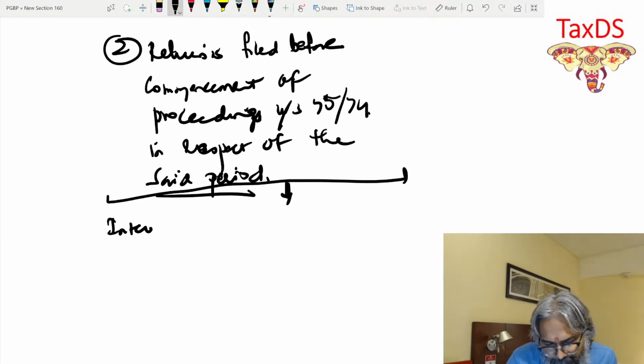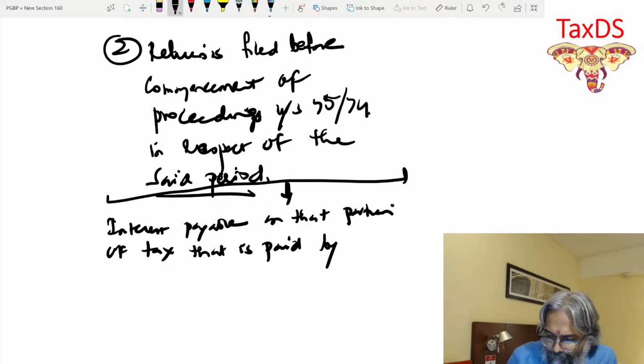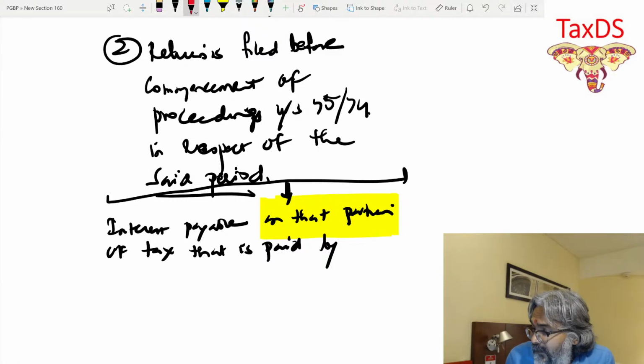So interest is now payable only on that portion of tax that is paid by e-cash ledger. Underline the words: only on that portion. So it is not on the entire amount. It is only on that portion of the amount, only on that portion of tax. In this case, interest is payable on that portion of tax that is paid by